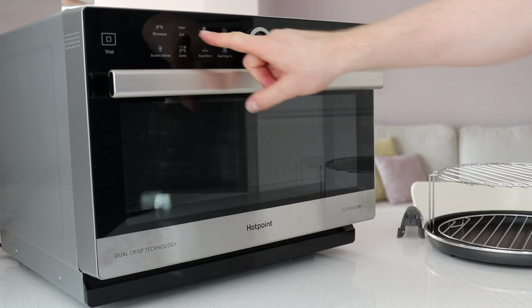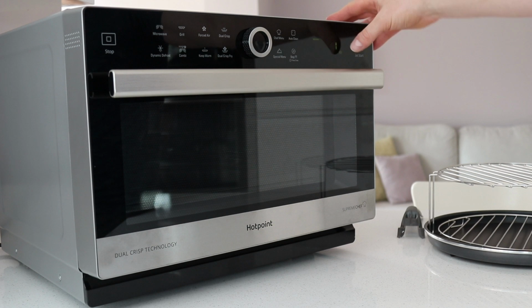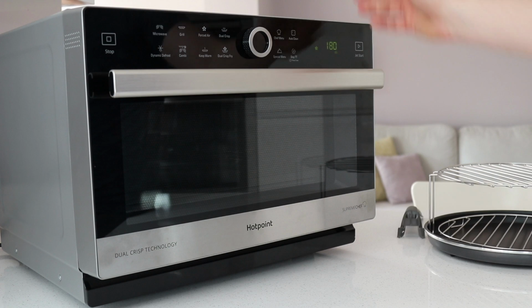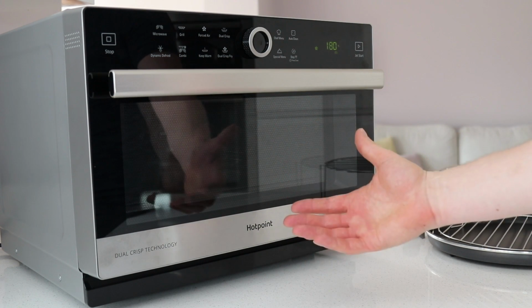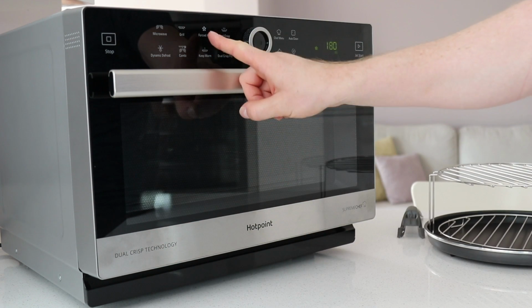We have other ones such as the grill, and we've got 3 different settings, so I can select setting 1, 2 or 3 for the different types of grill that you want to use. That's the different types of power that you've got, so low through to high. We've got things such as forced air, and this allows you to do things such as oven baked dishes. So if you wanted to do something like a souffle or a pastry or maybe some meringues, or you want to cook something like a chicken or some beef,